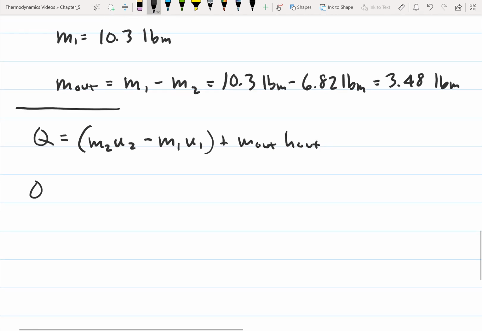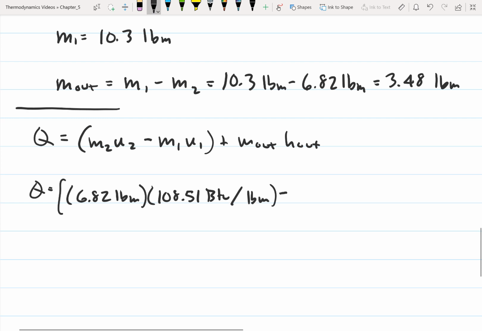So we have Q is equal to, and so M2 was 6.82 pound mass multiplied by 108.51 BTU per pound mass. And then this is minus, and M1 is equal to 10.3 pound mass